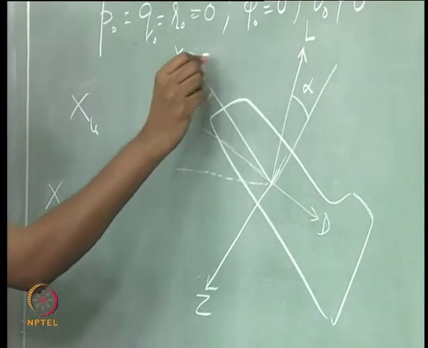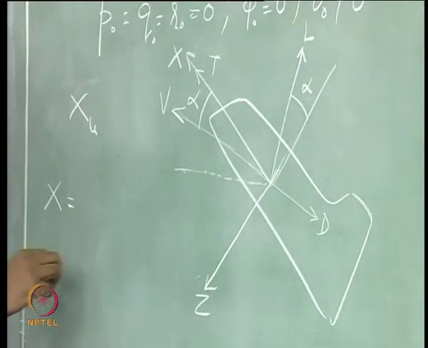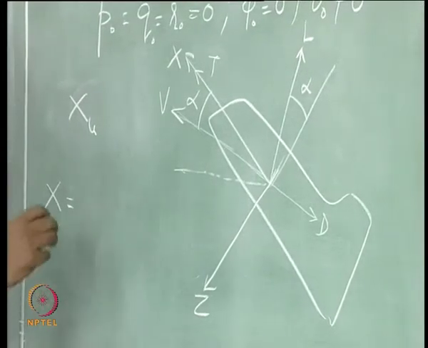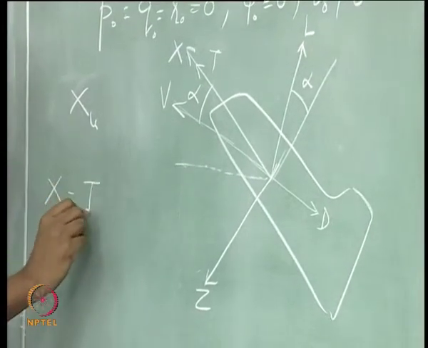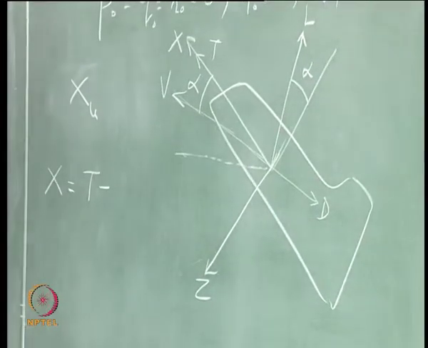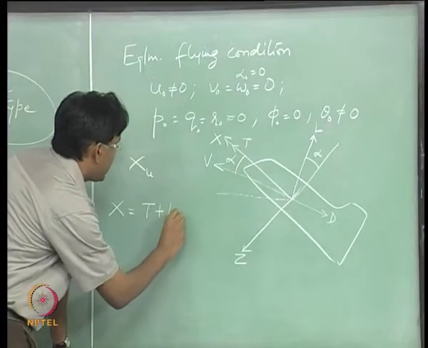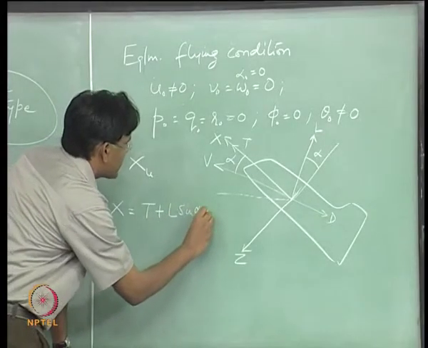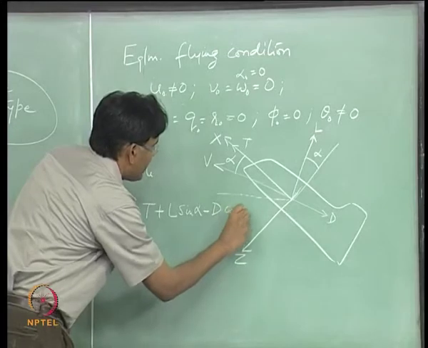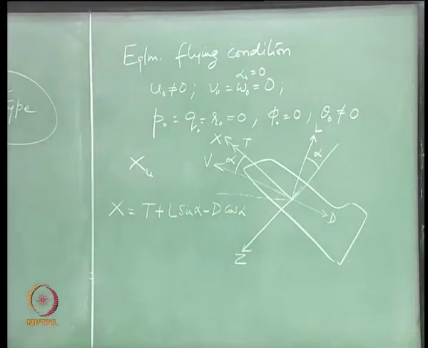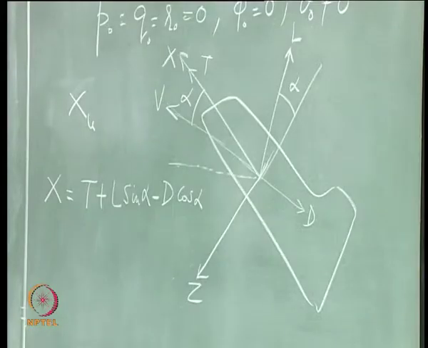Let us say the thrust is acting along the x axis of the body, then you have x equal to T plus L sin alpha minus drag. So finally we found,